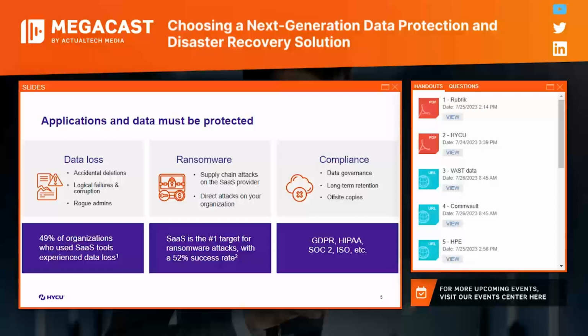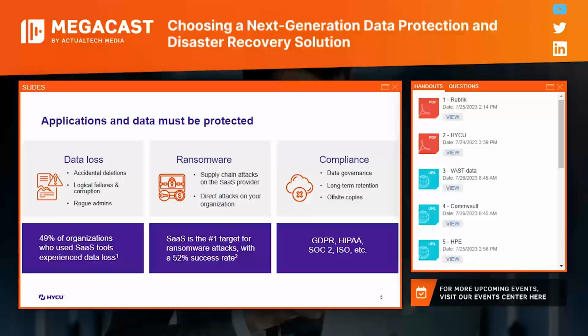Not only for those ransomware attacks that we heard a lot of, but also still for the more common data loss, the accidental deletions. Human error is still a huge factor in data loss, also in cloud infrastructure and SaaS applications. Logical failures and corruption still happen, and also the rogue admins is something we still see on a weekly basis.